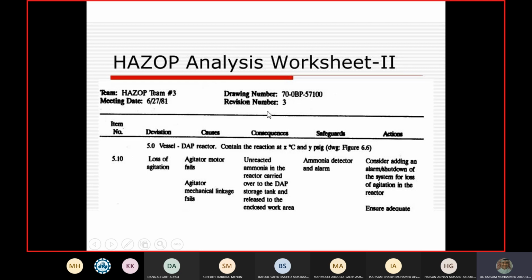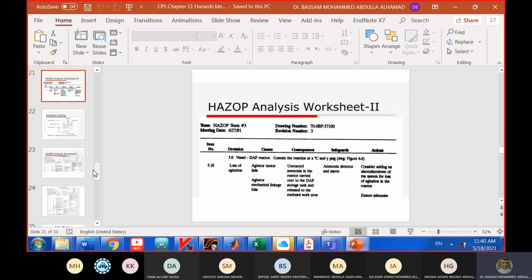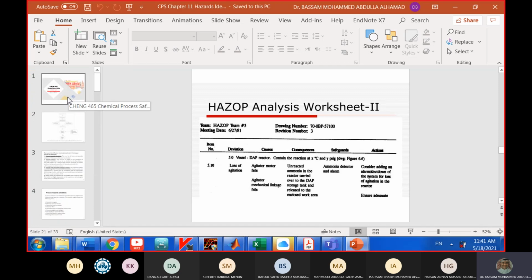Because we have the exact same form as a failure mode and effect analysis. However, it is called a HAZOP study, to do with the hazards. So what we are going to do is take this 33-page slide. It's a one-hour lecture